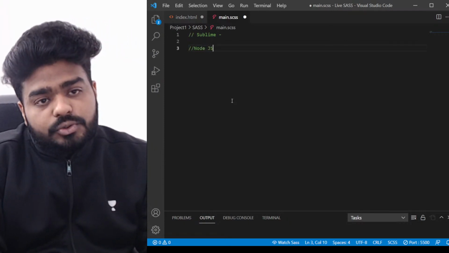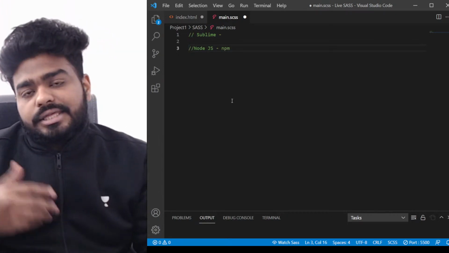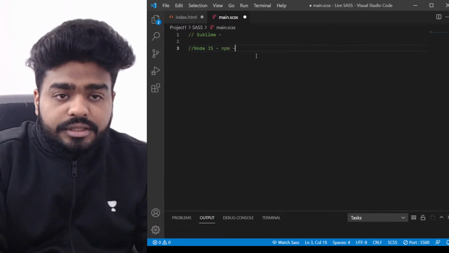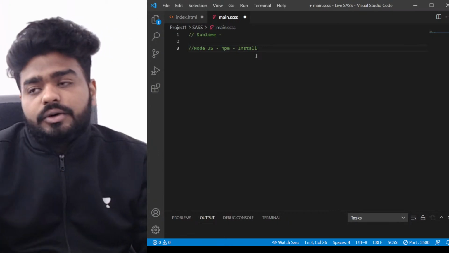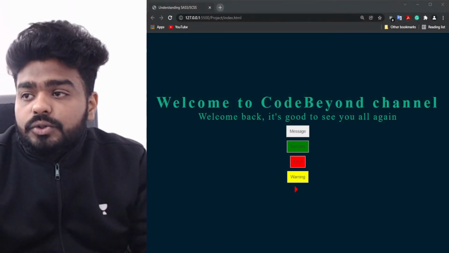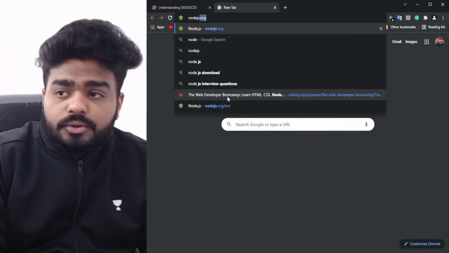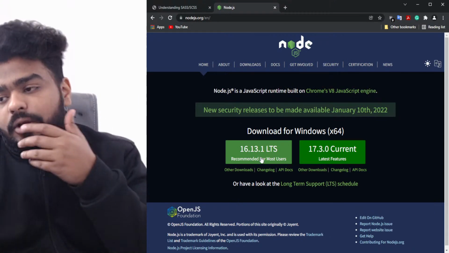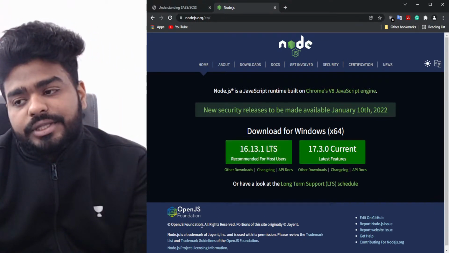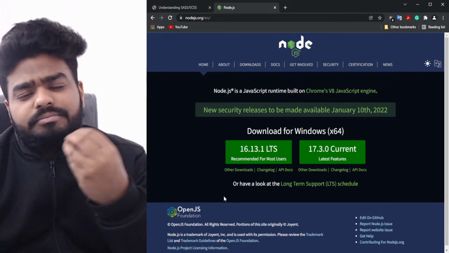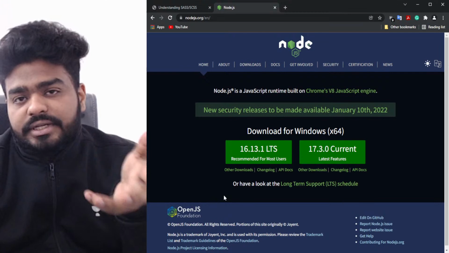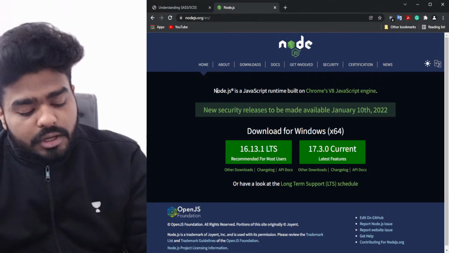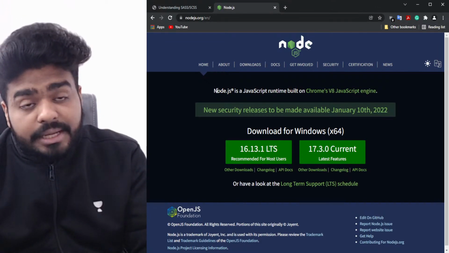You need NPM to make your SCSS work, right? So first of all, you have to install Node.js or NPM. How you will do that is go to your browser and write nodejs.org. Once you do that, you can see "Recommended for most users." Click on this, it will get downloaded, and once you click on that downloaded file, you just install it. Installing is very easy. Just click next, next, next, and finish. It will get installed. Once you install this, next you have to open CMD, and in CMD you have to